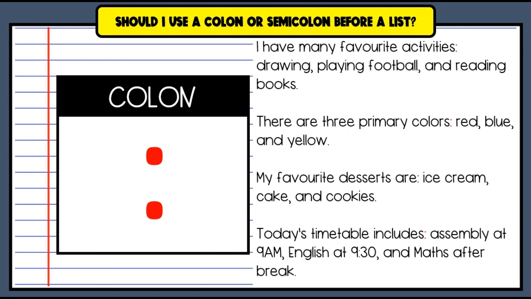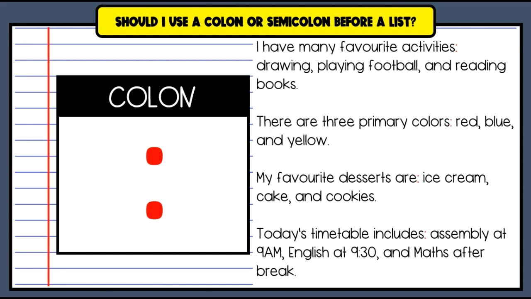I have many favorite activities: because we're about to make a list. Drawing, playing football, and reading books. The next one, there are 3 primary colors. So we know that a list is coming, so we can use a colon here. There are 3 primary colors: